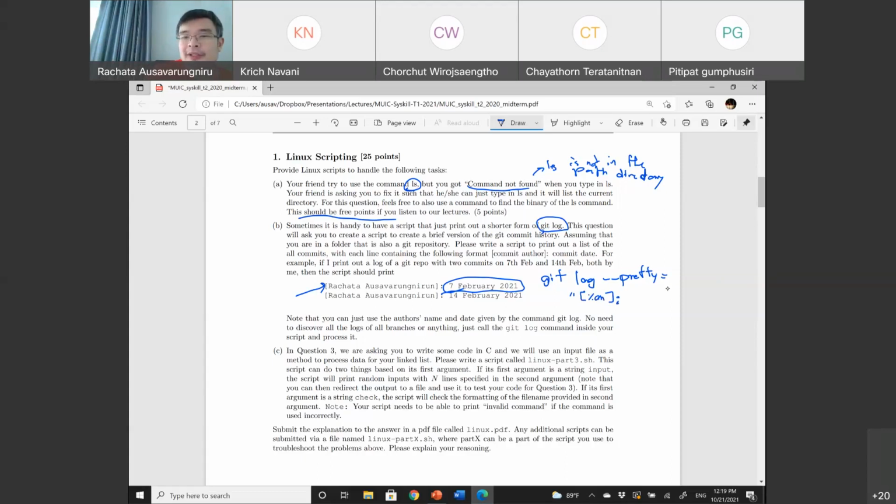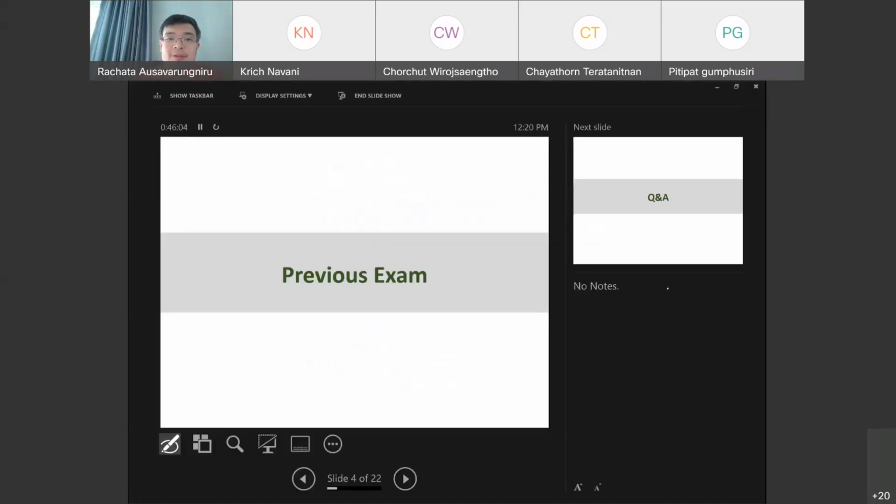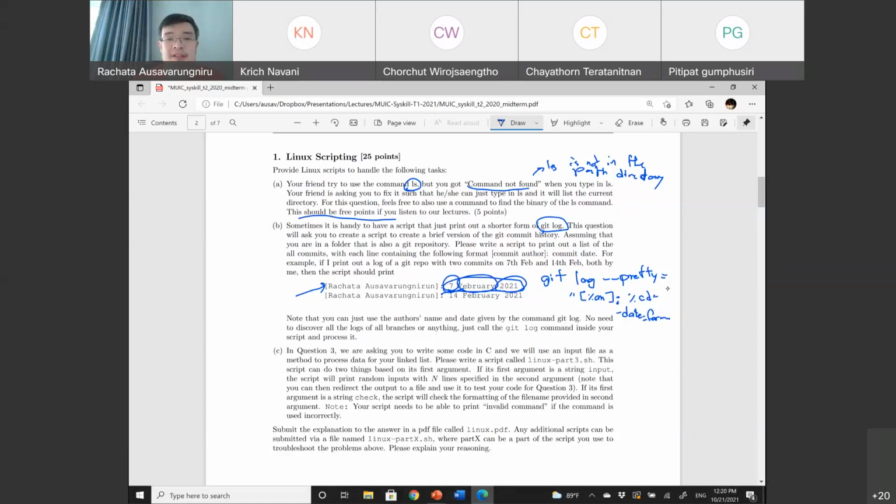And the next thing you want to print is the date. The date is %cd. That's a special format string as well. This works the same way, close to printf, right? The same concept applies here as well. And with %cd, you just end the quotation and you specify the date format, right? The format would follow day, month, and year. So with this, it would give you the ability to essentially print like this.